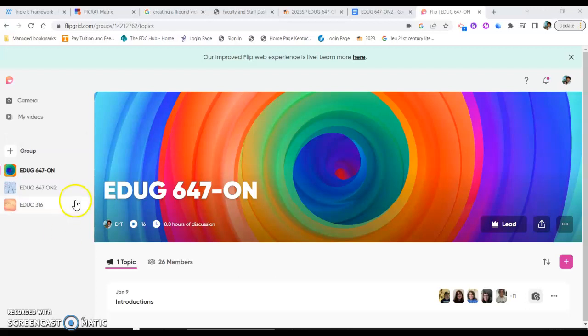So I'm on my Flipgrid, and let's say that I was a teacher using this. The way that I would use it is I would go over here and create a group, and the group would be a classroom, like one of my classes. It may be, if I'm an elementary school teacher, Mrs. Smith's second period class, or if I'm a high school teacher, maybe Mr. Thomas's third period geography. So what I want you to do is go to group, create